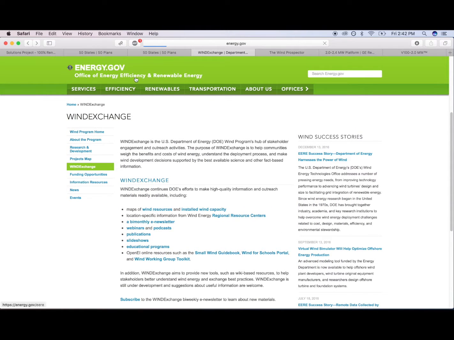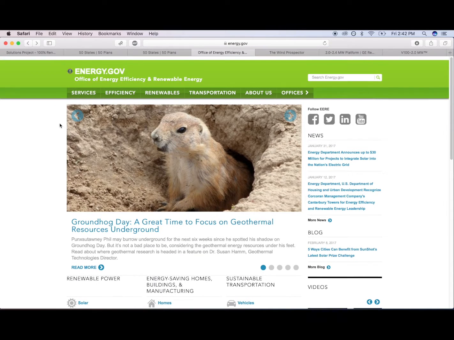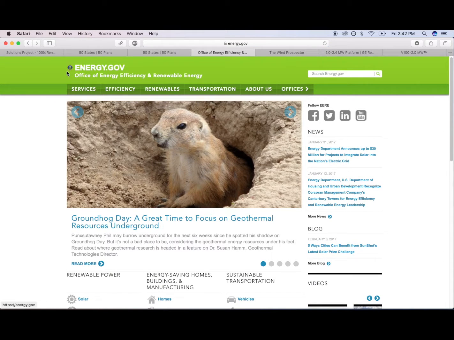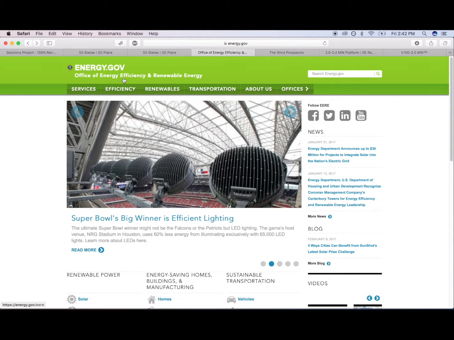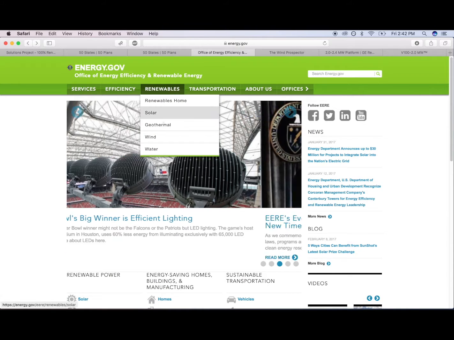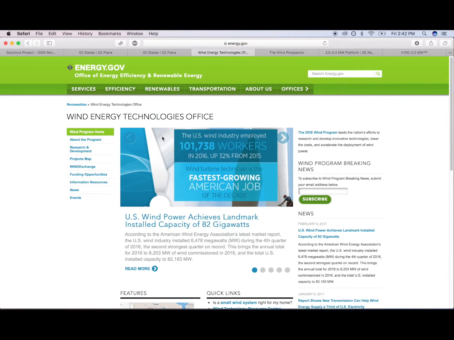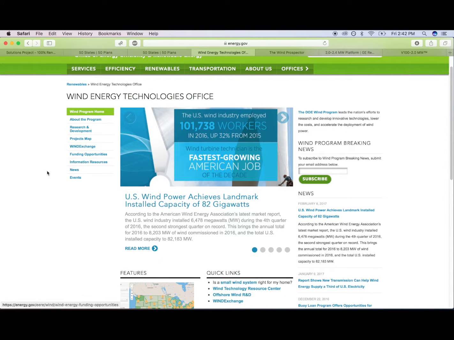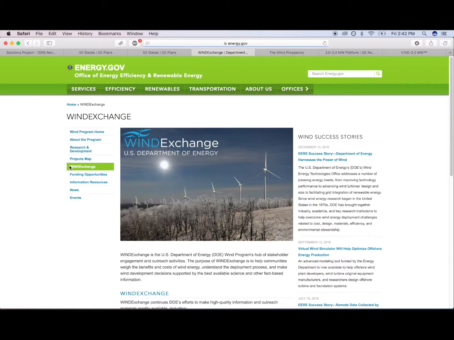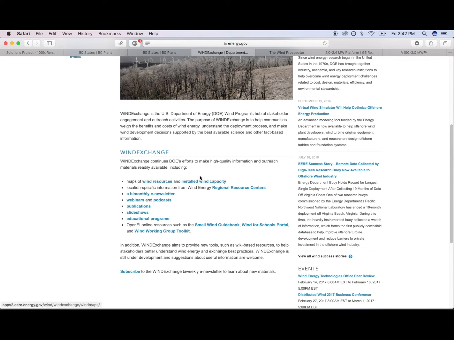So if we do the math, that's maybe around 13 gigawatts that I have to generate from wind. The next thing you should do is go to the Department of Energy, more specifically the Office of Energy Efficiency and Renewable Energy. Scroll down and click into wind. This is going to take us to a lot of really good information about wind and wind resources in the United States. Click on Wind Exchange, and this is going to give us a lot of really good data.